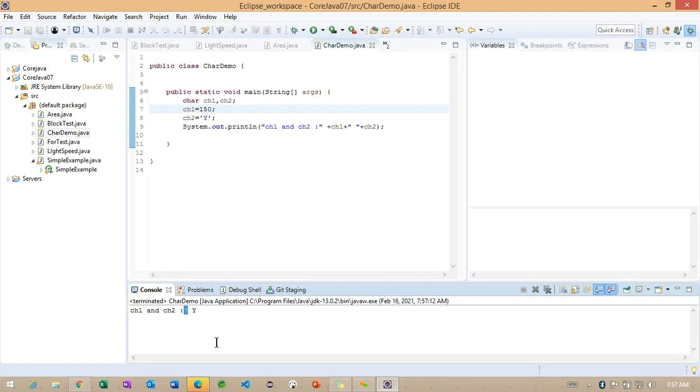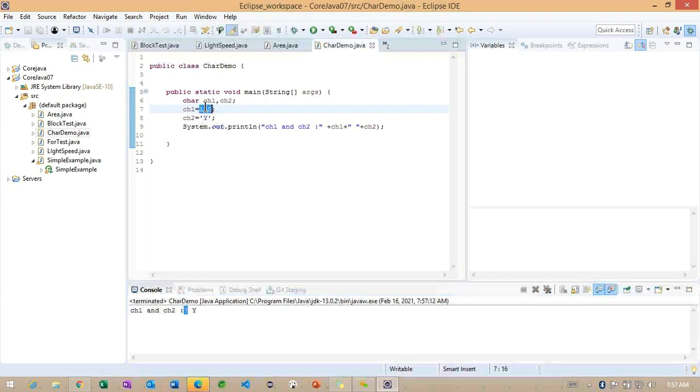Just search in Google, you are going to find a table where each ASCII value is pointing to which character, and we can easily identify it here. The same thing is happening internally in Java, it is finding the same value. Based on that, internally it is checking the particular specific ASCII value here.